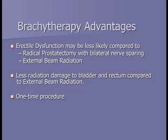What are some advantages of brachytherapy? I'll talk about external radiation a little bit later, but it combines some of the advantages of surgery and external radiation in that it's a one-time procedure, but because the radiation is working from the inside out rather than the outside in of external radiation, there tends to be less damage to surrounding tissues, like the bladder and the rectum. And then one puzzling thing for us is we've anecdotally seen that erectile dysfunction may be a little bit better with the brachytherapy. But it's very important for me to let you know that there's no randomized trials or studies comparing surgery, external radiation, and the seed implants in terms of outcomes, including